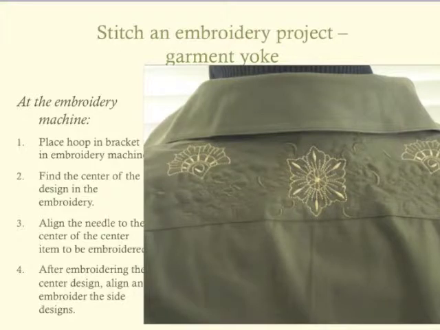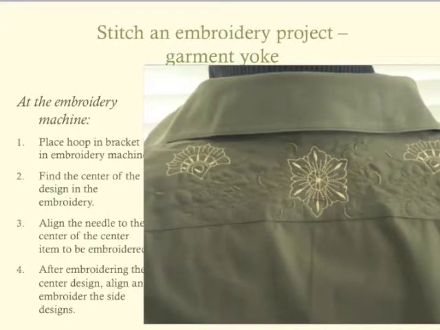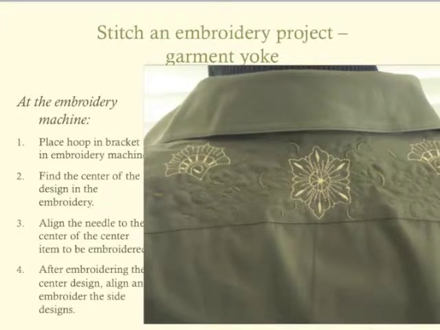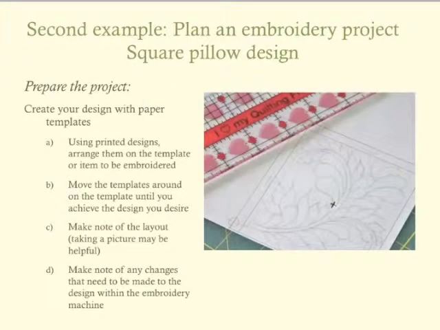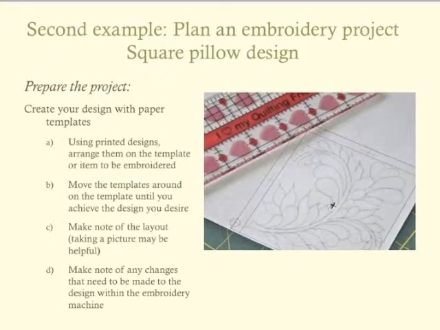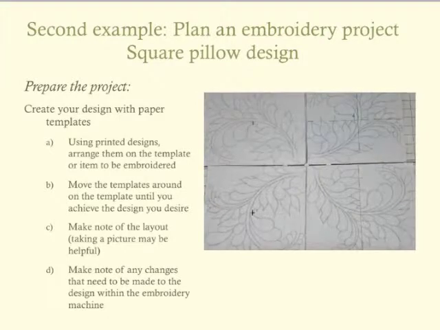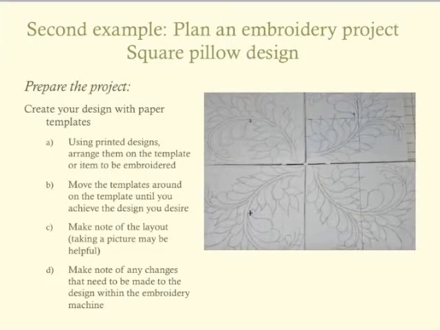The two side designs just touch the center design, making the design look like one continuous embroidery, even though it was stitched in 3 separate parts. The process is basically the same whether or not the design is for a single hoop width or for a double wide hoop-it-all hoop. This video illustrates how using templates to create my design helps me to not only visualize